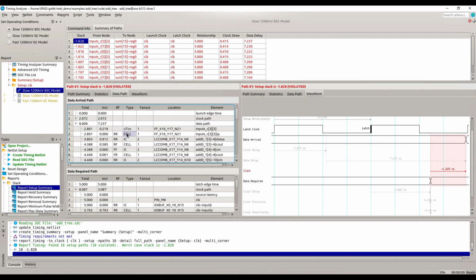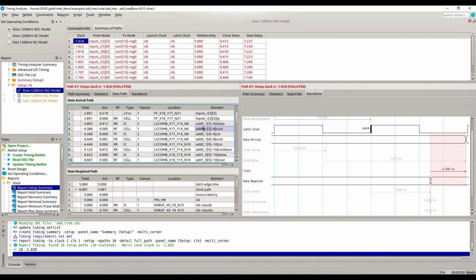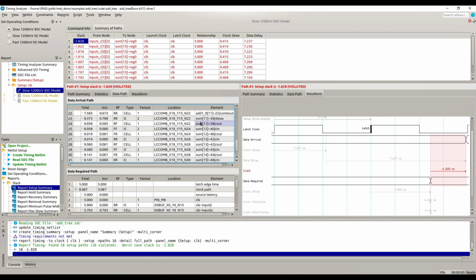After that, we have a cell delay, then an interconnect delay, then a cell delay, then an interconnect delay, and that repeats quite a bit until we get to the very end. And if you look over here, you can see these signal names of what this corresponds to in our original code. Now, this is sometimes hard to interpret because Quartus will mangle the names, but we can see what's going on here. We have our input registers. We have our add 0, so that was the first row of adders where we were adding the 4 pairs of 8 inputs. Here we have add 1, that was the second row of adders. Down here we have sum, which is also doing an add, so that's the final add,